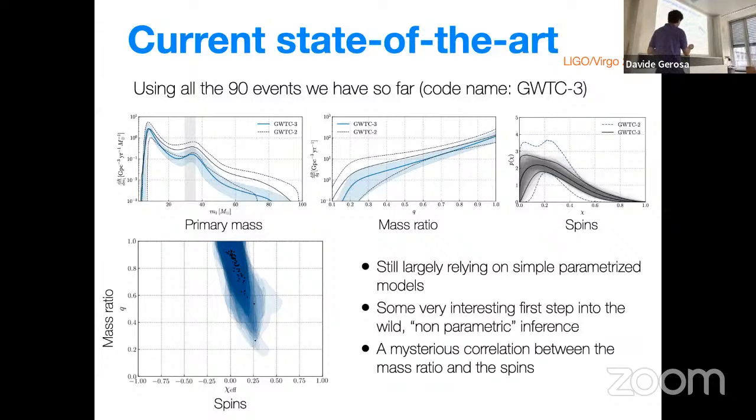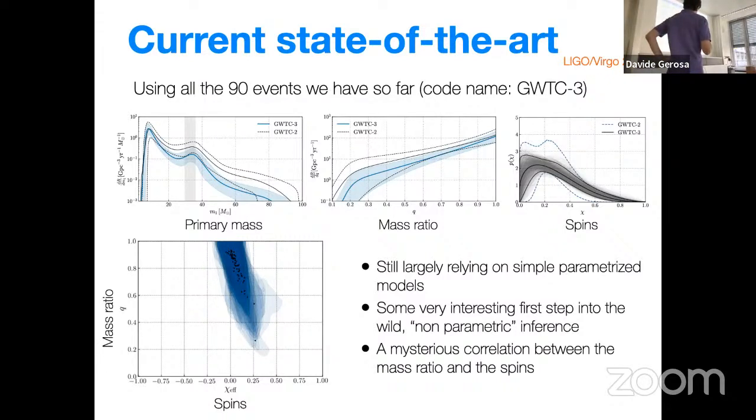I would say most of the analyses still largely rely on simple parameterized models. There's some very interesting work, and there are lots of citations that I've omitted here, done on so-called non-parametric inference, the idea being to let the data figure out the best shape to fit for. The eccentricity, right? No, because we don't have measurements of the eccentricity. No. But you could in principle. You could put it in. It goes into the theta. Right now it's not there, but